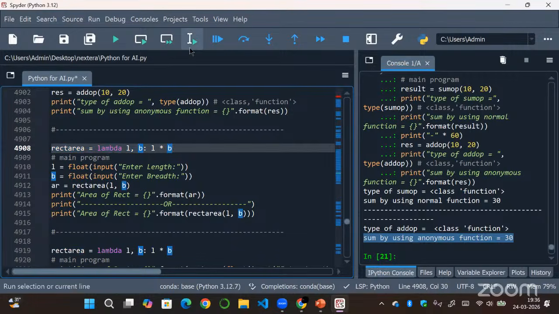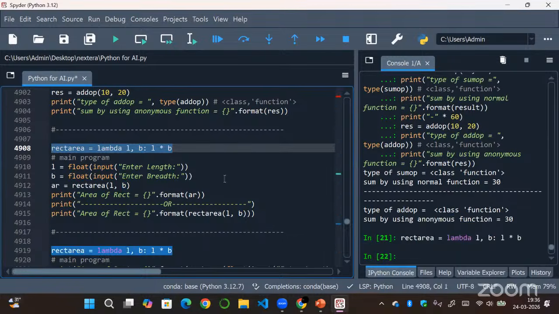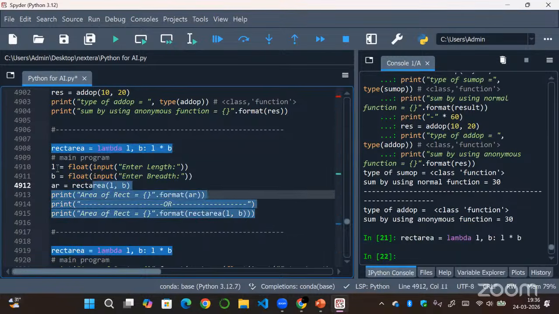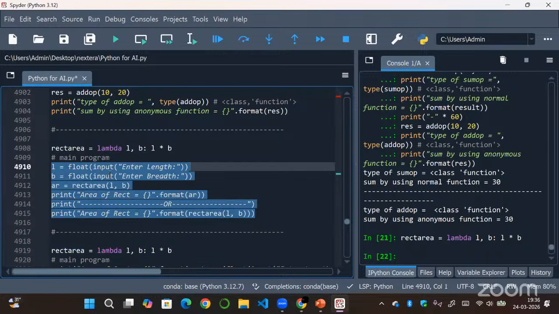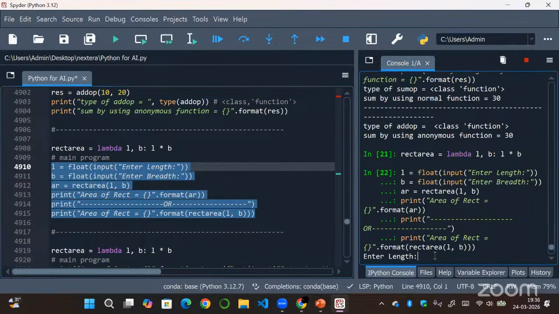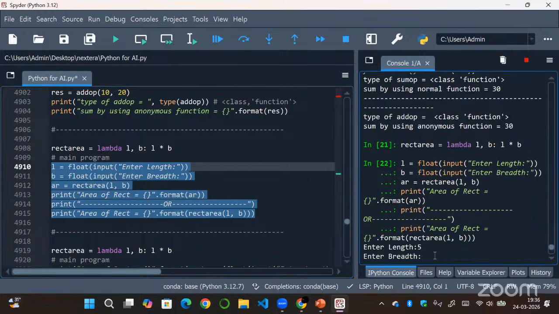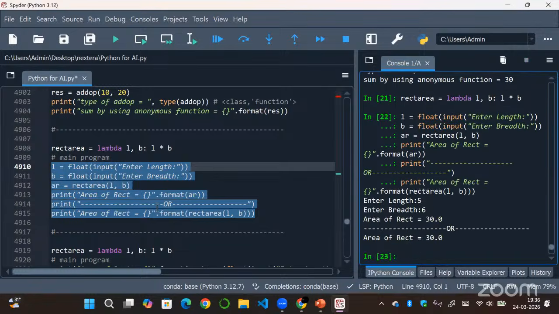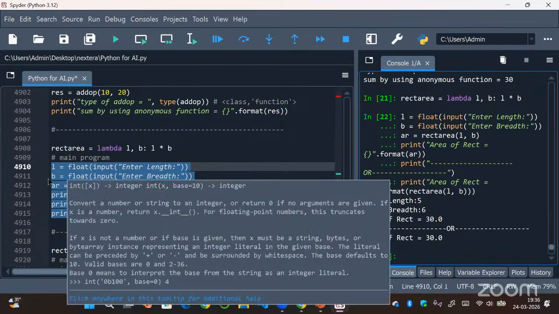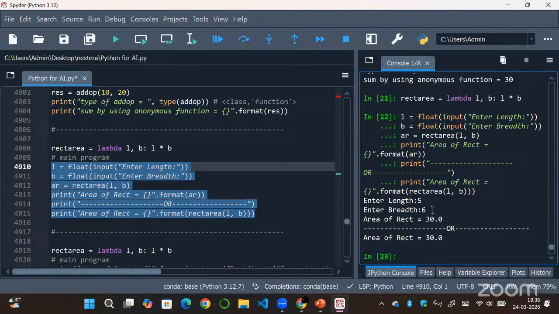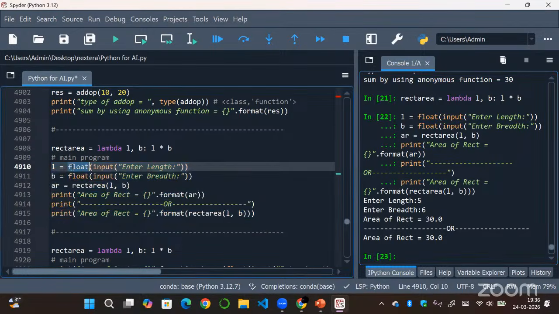So this is my function, and first I'll define my function and I'll call the function. First we are taking the inputs from the user, that is L and B, that is length and breadth values. So let's say length is 5 and breadth is 6. L and B will take the values of 5 and 6 in the form of float, because I'm typecasting it into float, that is 5.0 and 6.0 values will be taken by L and